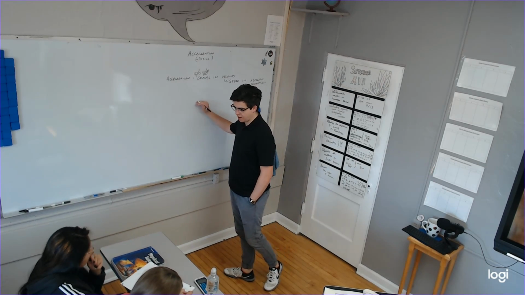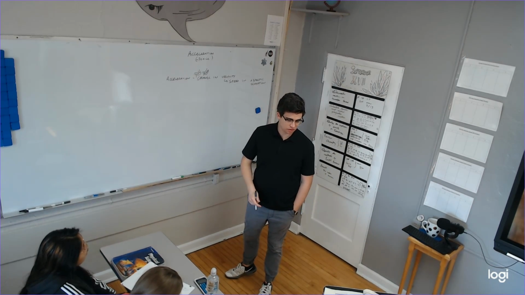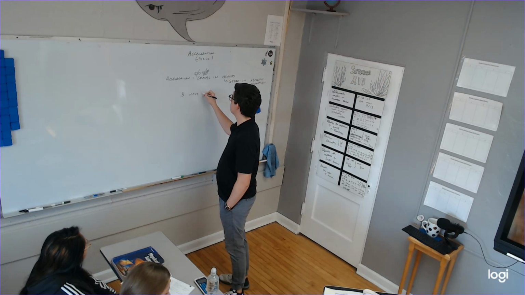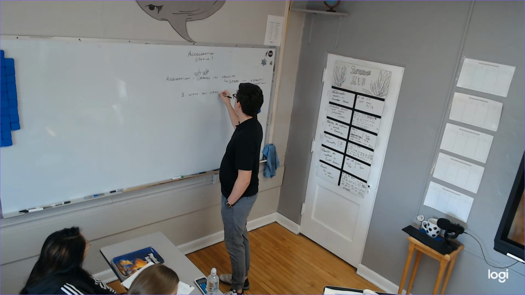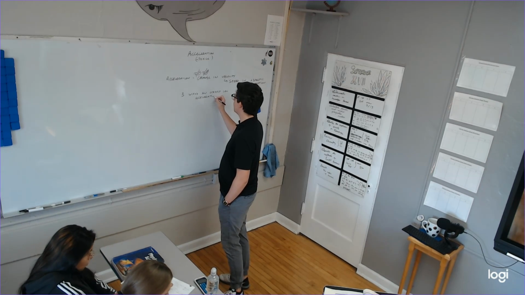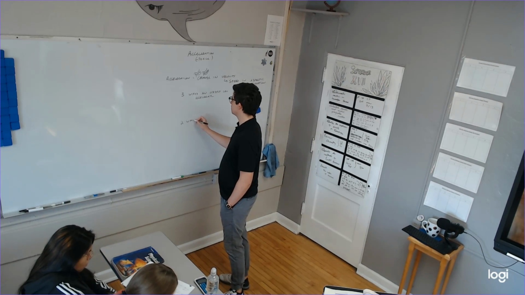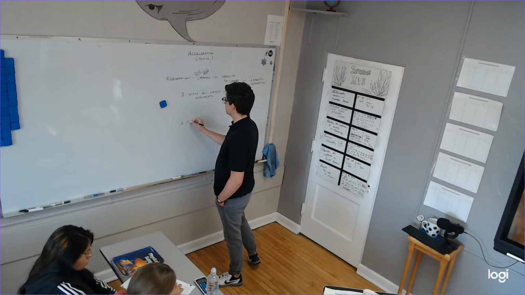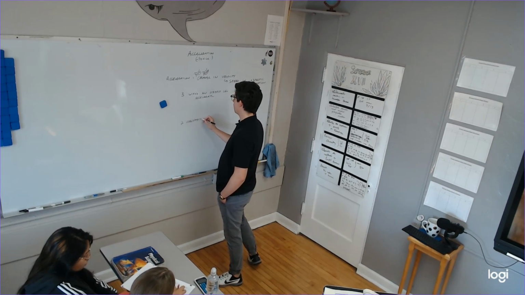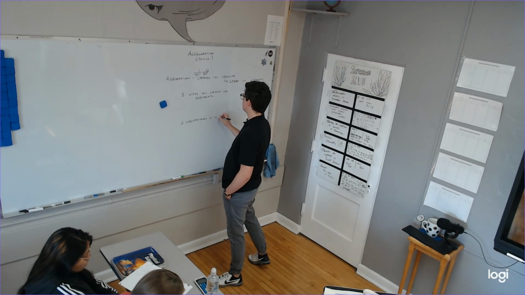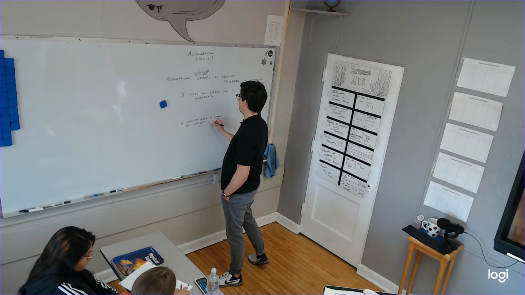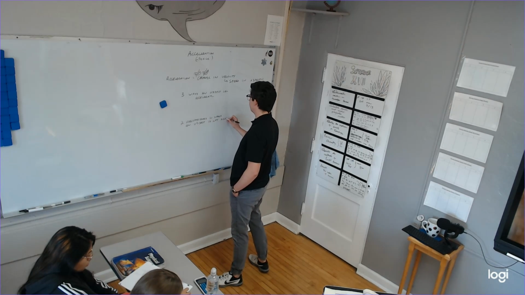And here's what, every single time I talk about this, I do this. There are 3 ways an object can accelerate. And then after that we're going to say there are 2 circumstances in which an object ain't accelerating.